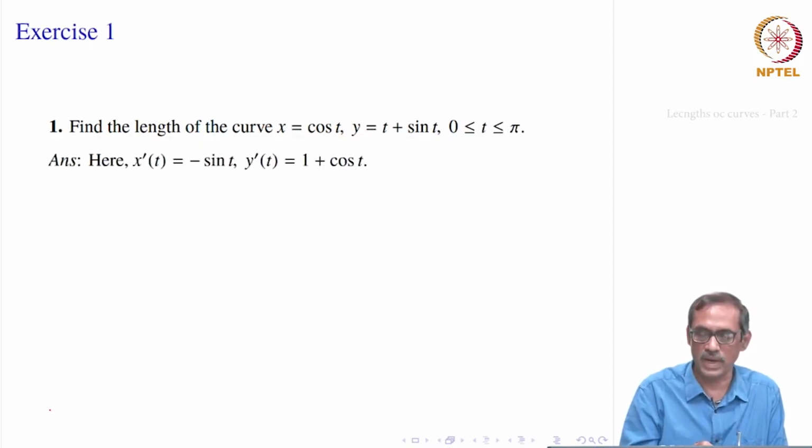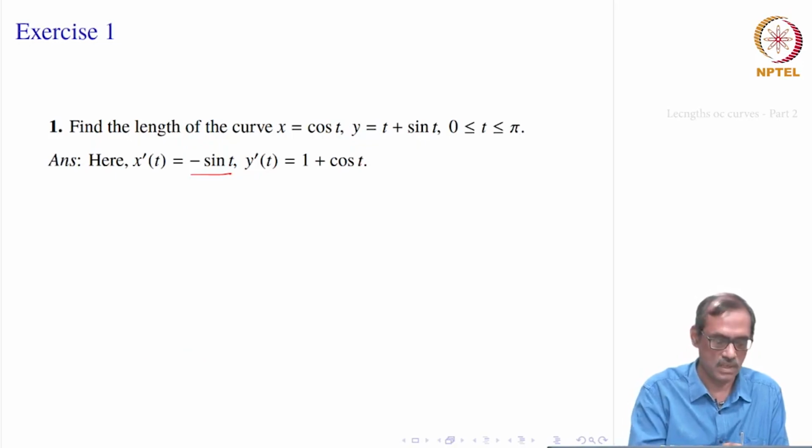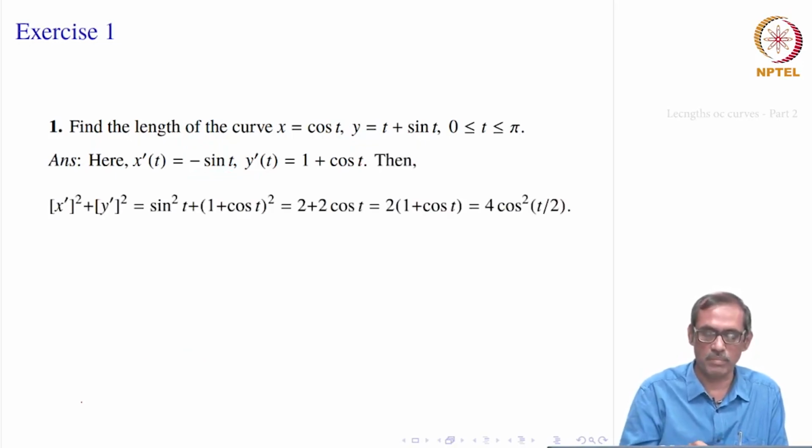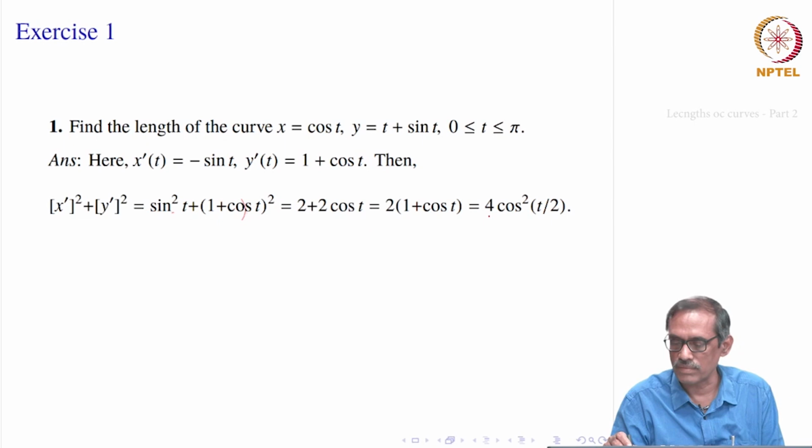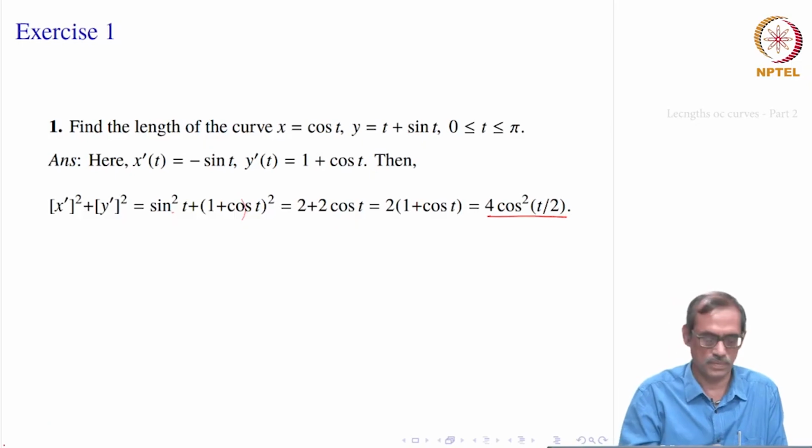Just you have to plug in the formula, find out derivatives of x and y with respect to t, and then compute the length. So, x prime equal to minus sin t, and y prime, t gives 1, sin t gives cos t, so 1 plus cos t. Therefore, x prime square plus y prime square equal to sin square t plus 1 plus cos t square. So, sin square t plus cos square t gives 1, and 1 is there. So, it is 2 plus 2 cosine t. So, that we can express now in terms of, because we want to integrate it, 4 cosine square t by 2.